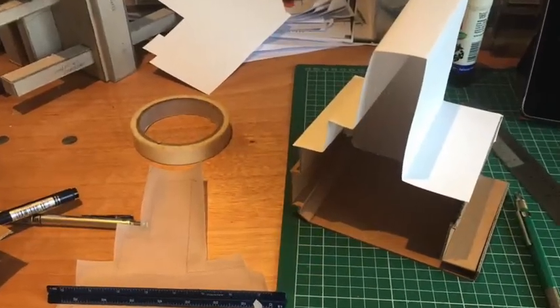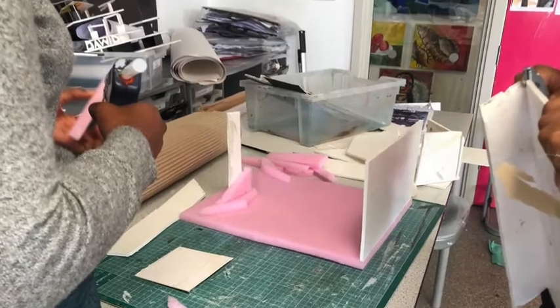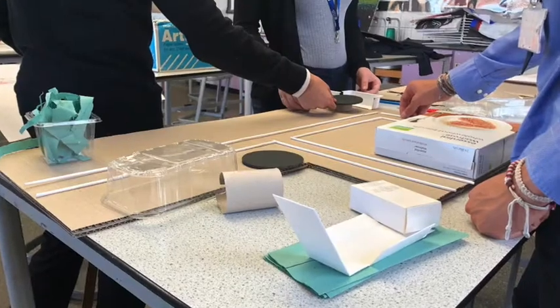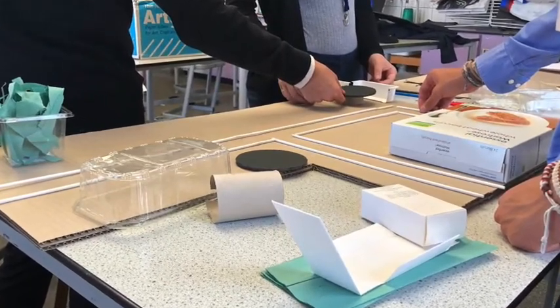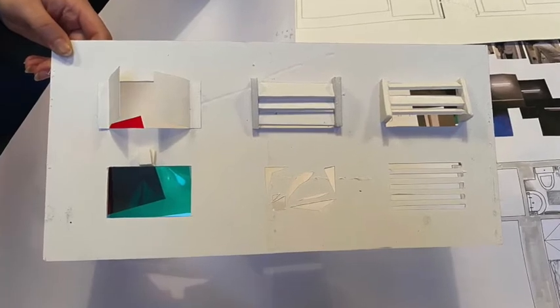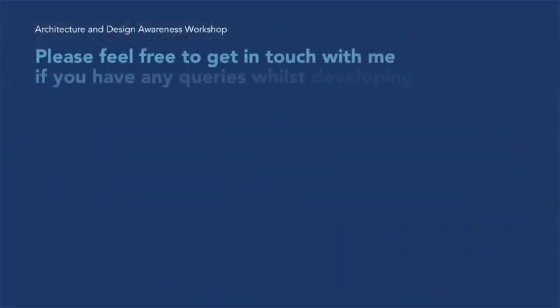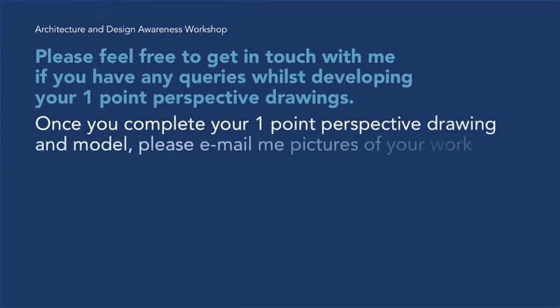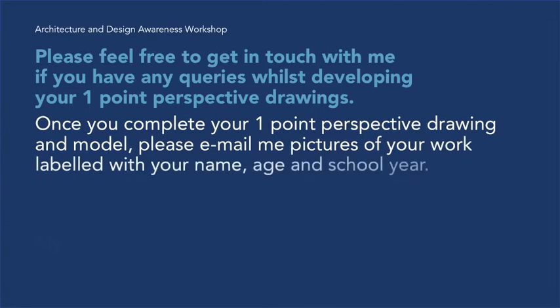So once you've done these drawings, the next step is you could make a quick cardboard model or a paper model of this space that you are looking at. That will help you to understand the space better and see it from different angles, which might bring forward some interesting aspects of that space that you haven't thought about before. If something is not clear or you don't understand, please email me explaining where or why you are stuck and I'll get back to you.